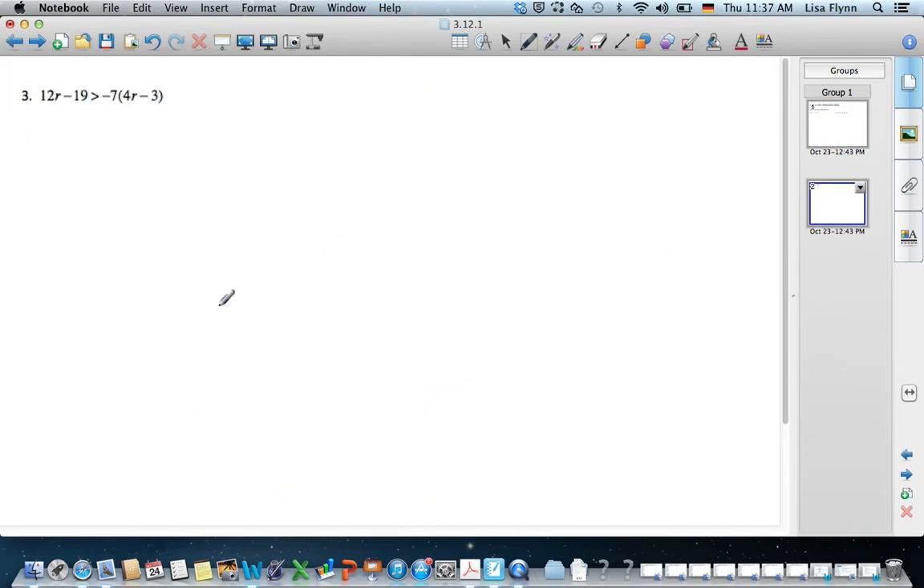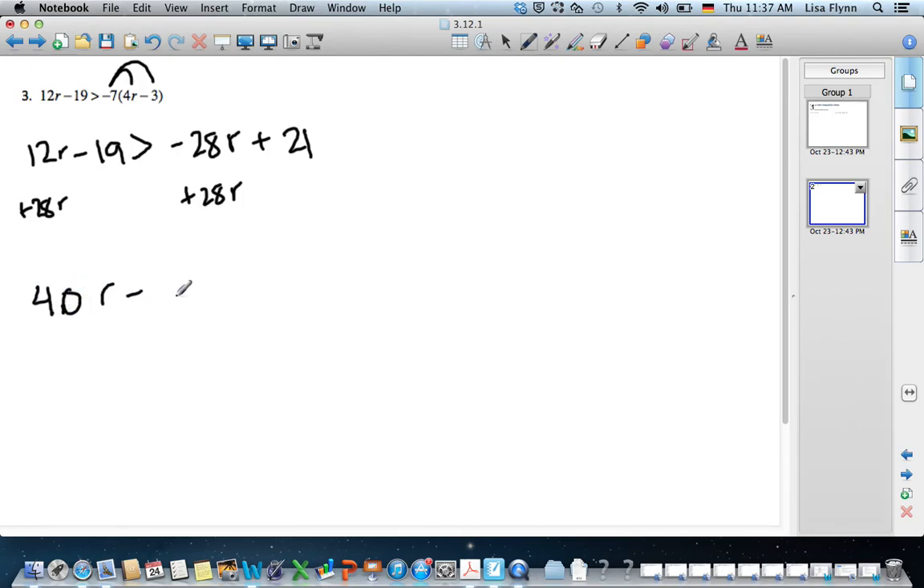Okay. Next one. Just a little difference. There are some brackets there. So are we going to distribute the brackets? We will distribute first. So we have 12r minus 19 is greater than, we haven't changed anything yet. Distribute this. So minus 7 times 4r is minus 28r. And then minus 7 times minus 3. We need to be careful with the signs. They're positive, so positive 21. Now I'm just going to add 28 here, and add 28 here. It doesn't matter the steps as long as you follow the correct order. So 40r